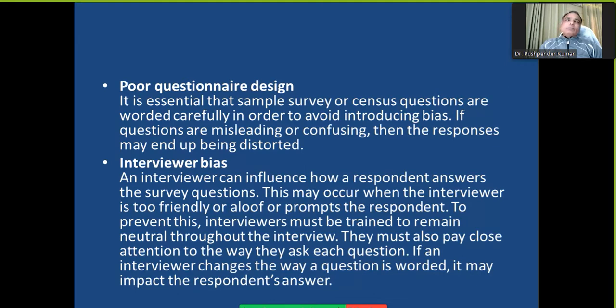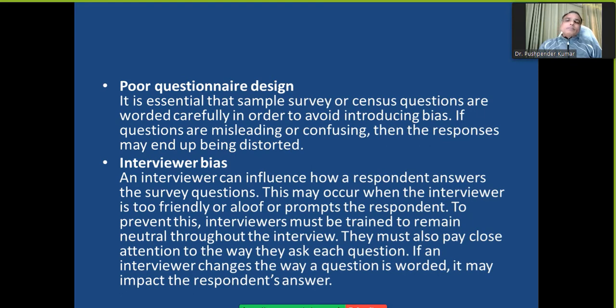So this is very common because sometimes you ask more than 100 questions, so the respondent will not give you response, right? Or the way you have asked, it's misleading, confusing, making you a bit confused, then the information you're going to provide would not be authentic or the right kind of information. Or the way you have asked a question, the answer would be a bit biased, then the questionnaire design is not proper. So you should have a proper questionnaire design.